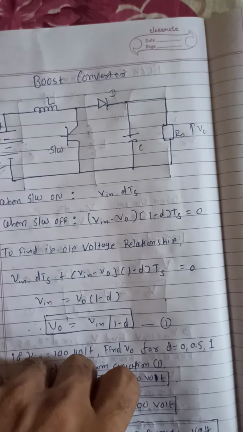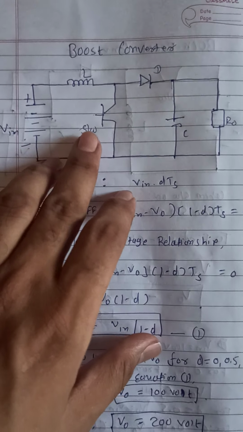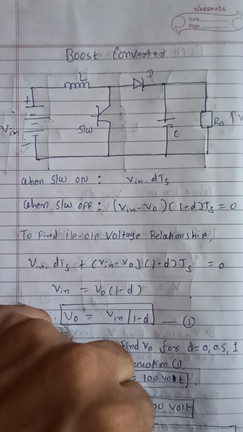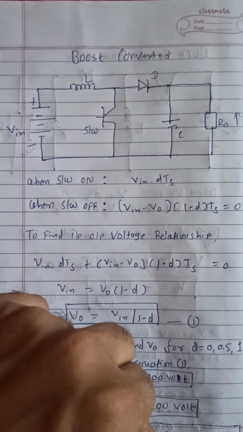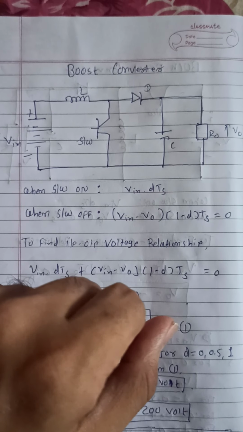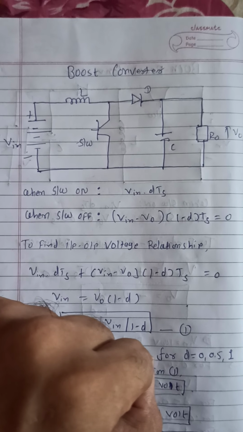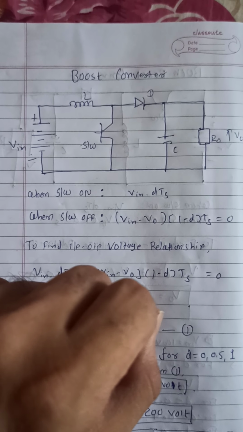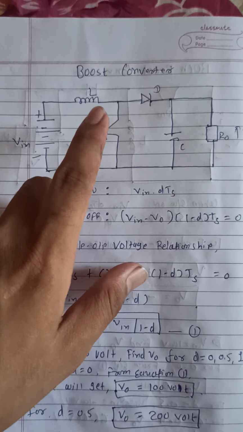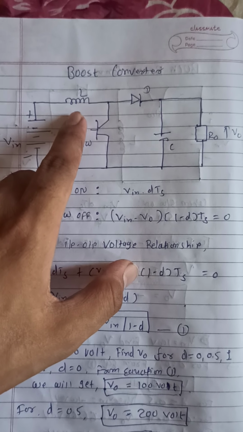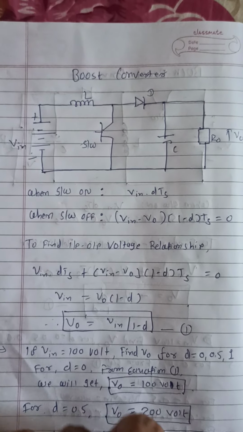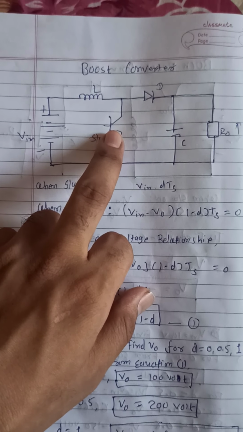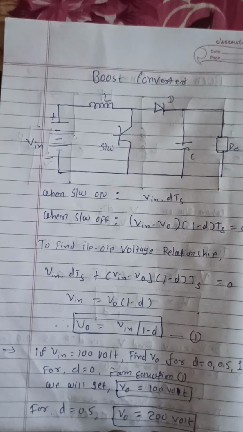So in the boost converter, let's find the relationship between input and output. As in the previous lecture, to find the input output voltage relationship, the voltage across the inductor is very important. So let's see it. Whenever the switch is on, this is the circuit, and whenever we are giving the gate pulse,